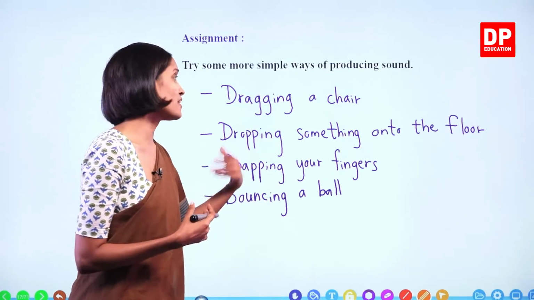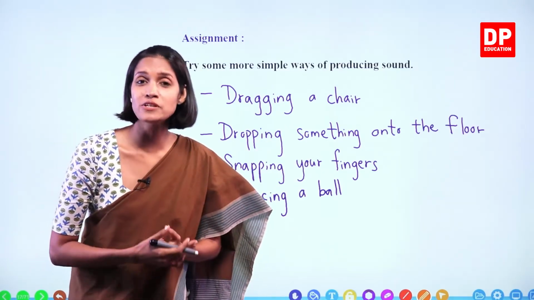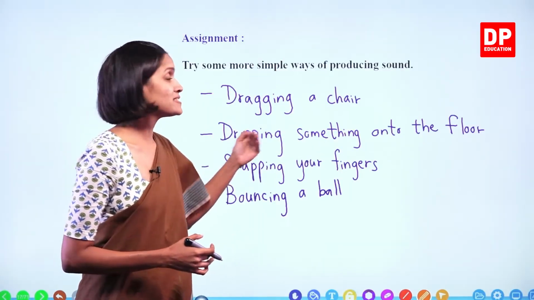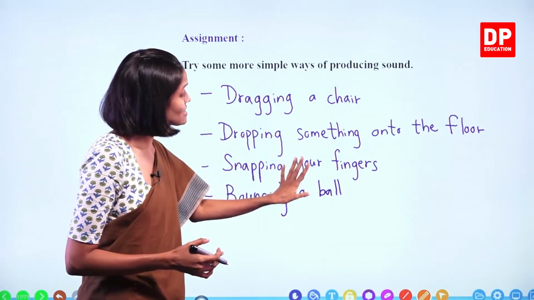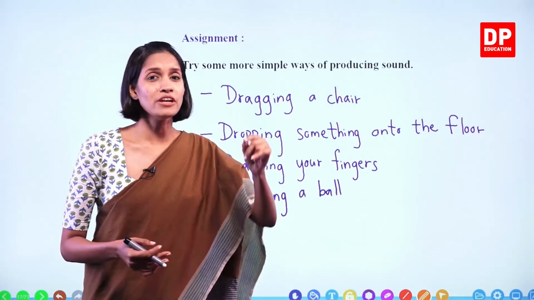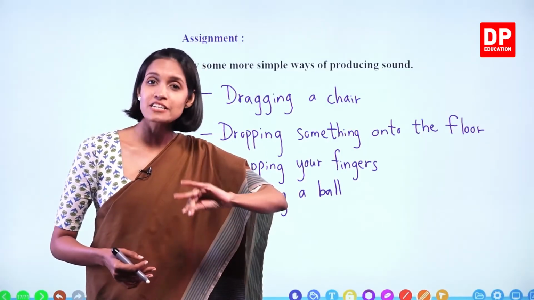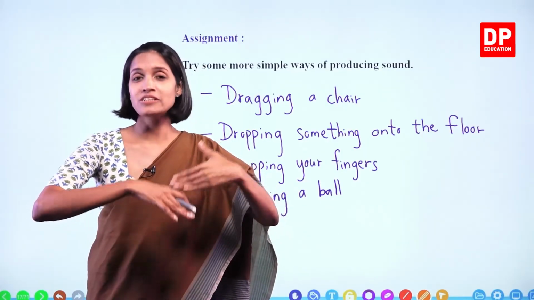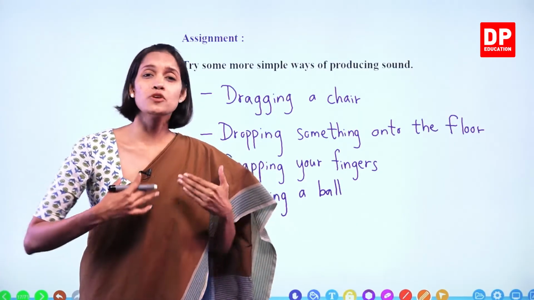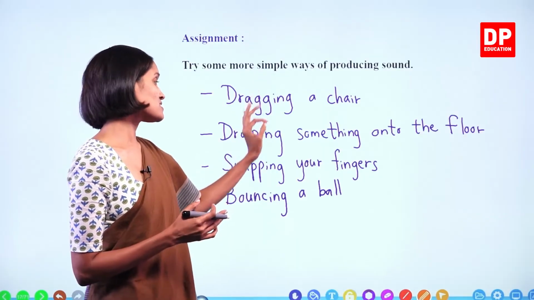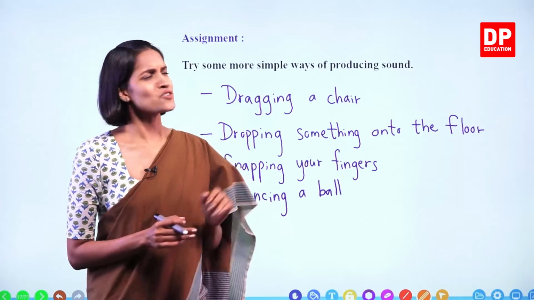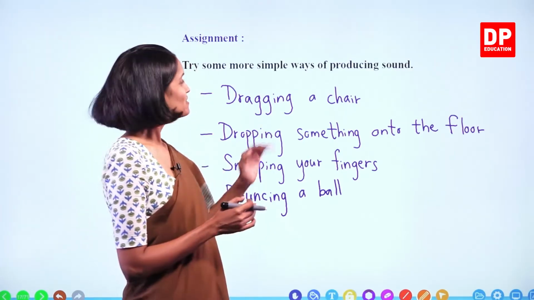So there are many other activities. You can add other examples too, because this is an assignment. You have to write examples as a list. So to your list, you can add more and more examples. I will give you another example. When you turn the pages of a book, a certain sound is produced. Or when you turn a newspaper, also a certain sound is produced. So different types of sounds are produced during these types of simple activities in your day-to-day lives. Okay, children? So I hope this part is very clear now. We'll move on to the next.